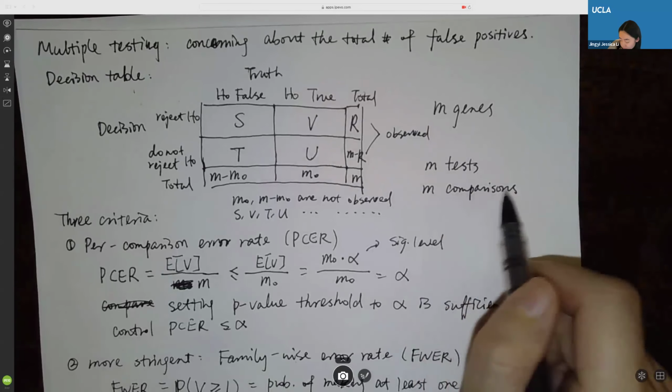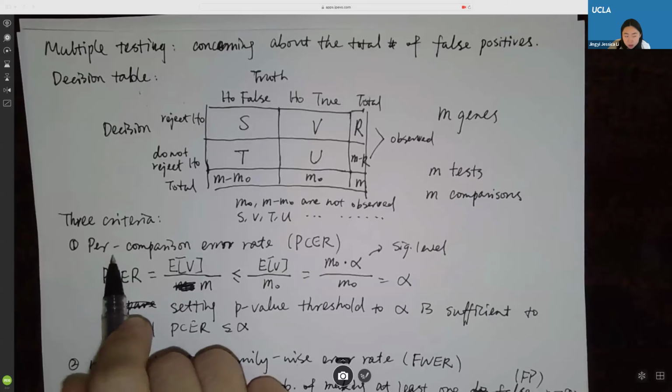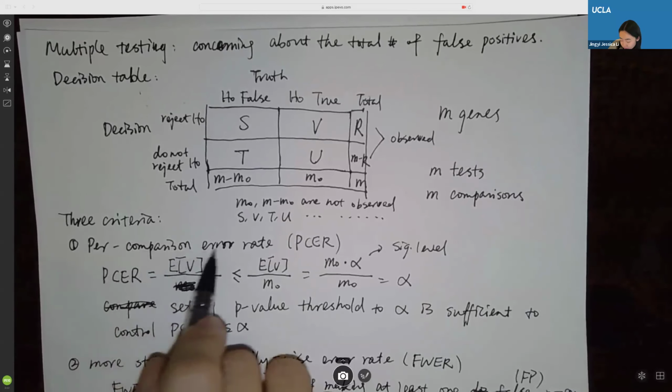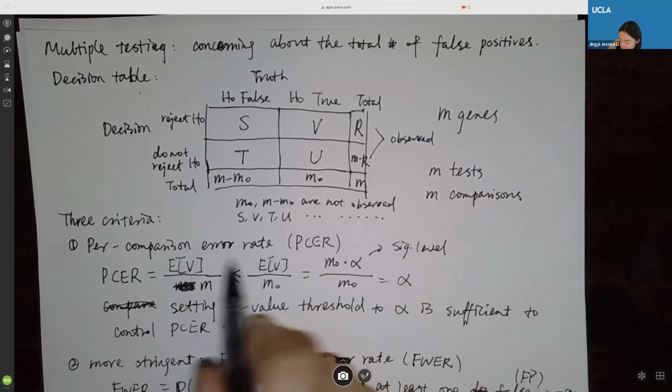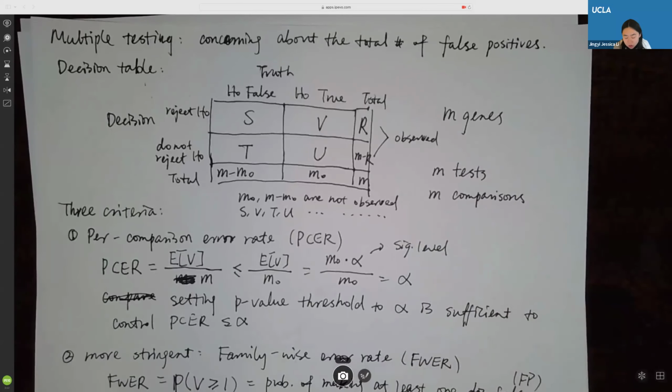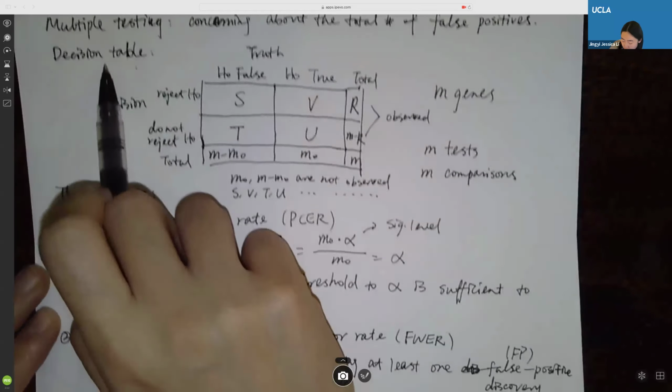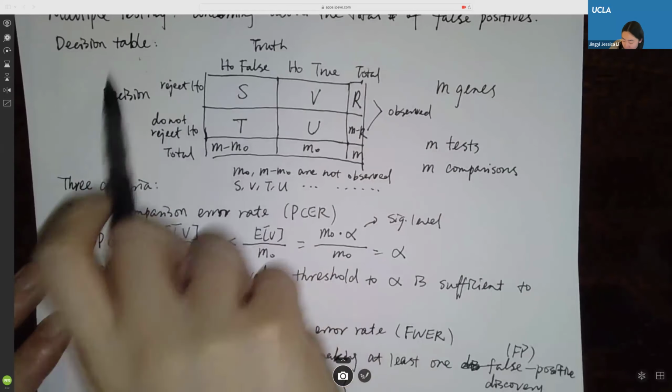And I wrote m comparisons just because one criterion we need is the per comparison error rate, PCER. Here, the comparison is a two-condition or two-group comparison. We're comparing a gene's expression levels under two conditions and using that to make a decision of rejection of the null hypothesis or not. So this decision table forms the basis for our discussion